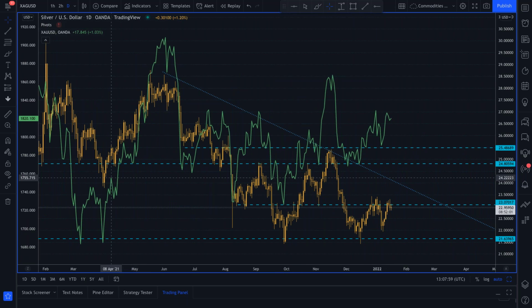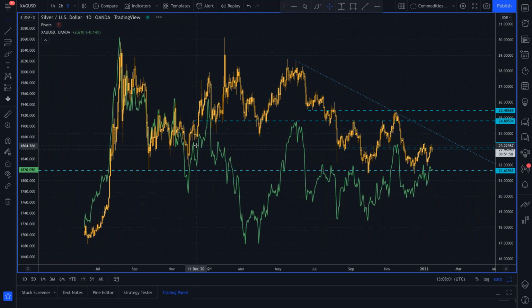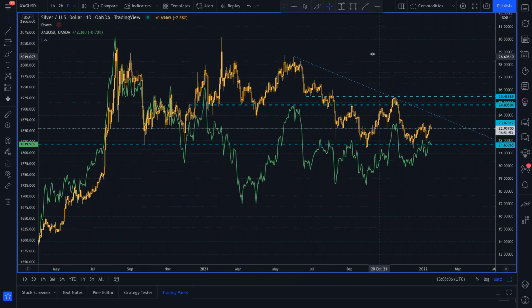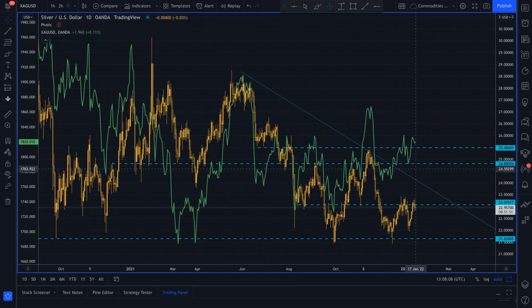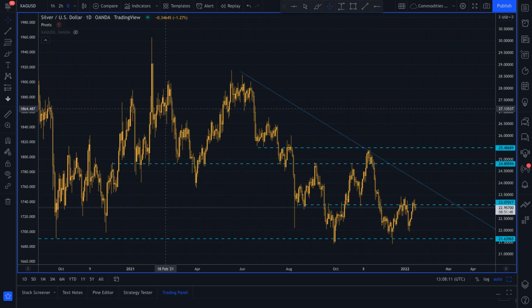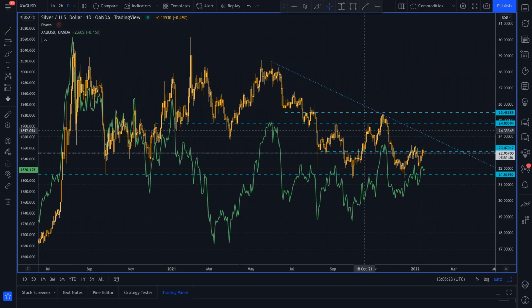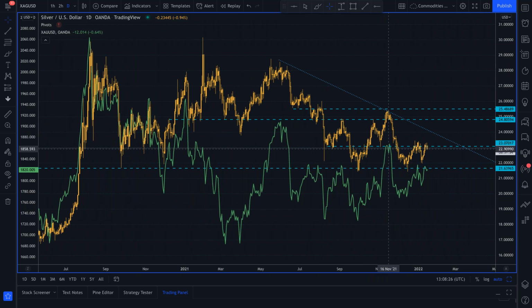Because you see, gold and silver track each other very similarly. What's good for the goose is good for the gander. Now they can disconnect, because sometimes silver has some industrial demand that gold doesn't. Recently, with positive risk on, and silver being used quite a lot in solar panels and stuff, Nikita, sometimes you get a bit of industrial demand, but generally speaking, it's the similar kind of drivers. And you can see at the moment, look, gold fell, silver fell, gold rose, silver rose, gold fell, silver fell. So with silver, it's exactly the same.